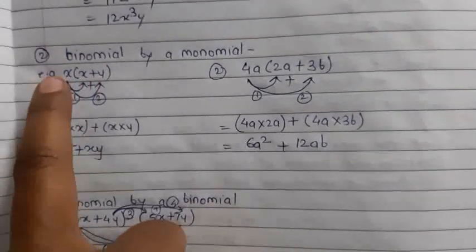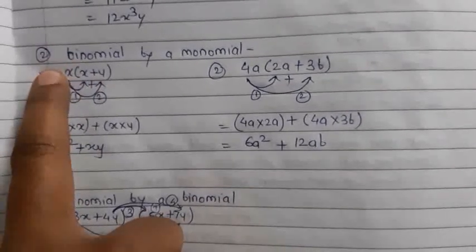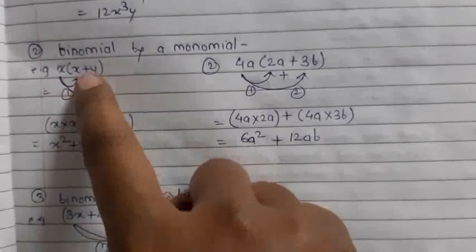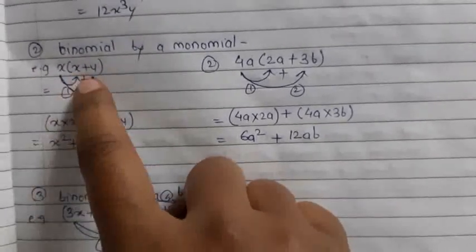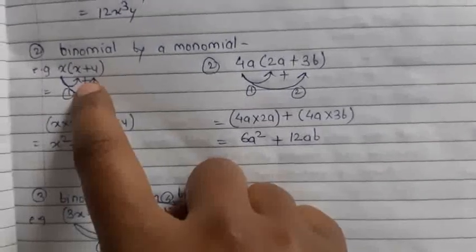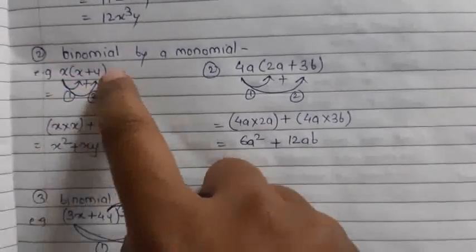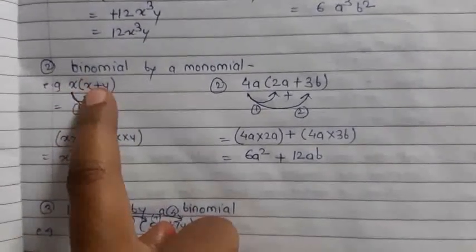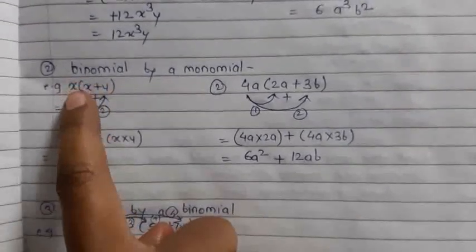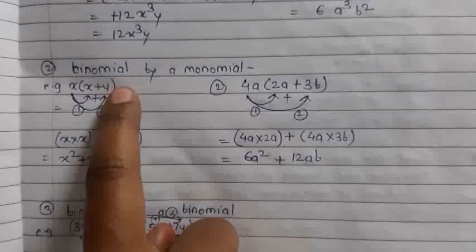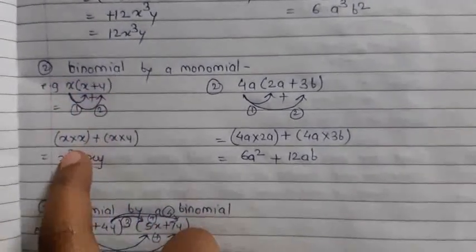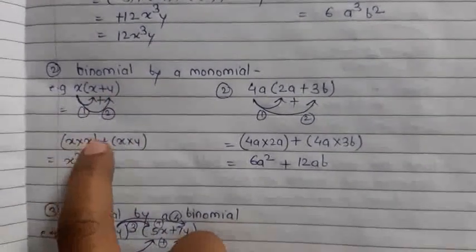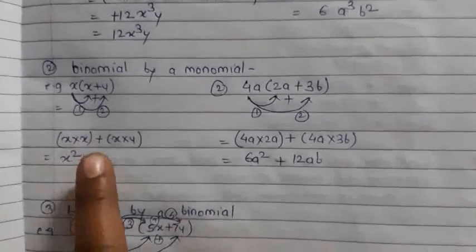See, the first step will be monomial into the first term. This is the first step shown by this arrow. So it is the first step. Plus sign, as the plus operation is there, plus sign. Now monomial into the second term. Understood how to do? Monomial into the first term of the binomial plus monomial into the second term of the binomial. So it will be x into x plus x into y. So x into x is x square plus x into y is xy.